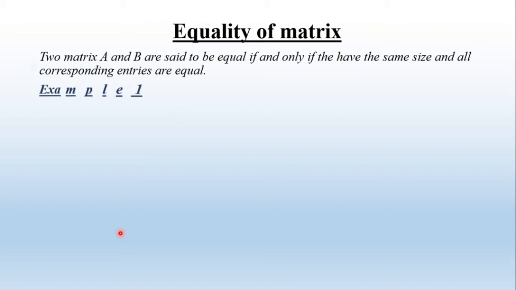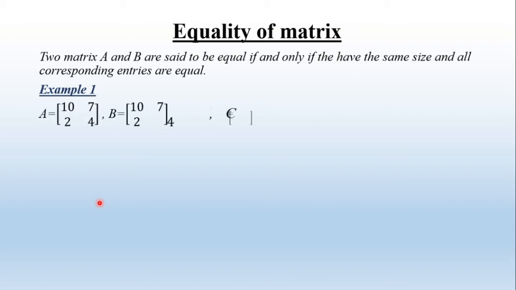Look, ሁለት ማትሪክሶች እንግዲህ እኩል ናቸው ልንላቸው የምንችለው ተመሳሳይ የሆነ ሳይዝ ካላቸውና ውስጣቸው ላይ ያለው ቁጥር ወይም የተሰጠው value the same ከሆነ the matrix is said to be equality of matrix or equal matrix እንለዋለን ማለት ነው።